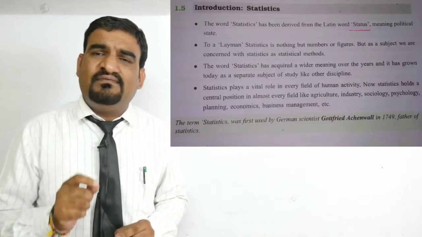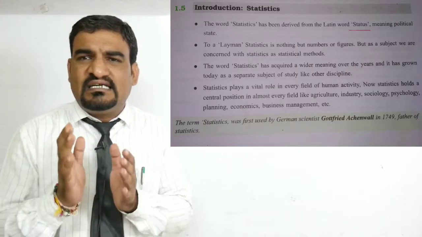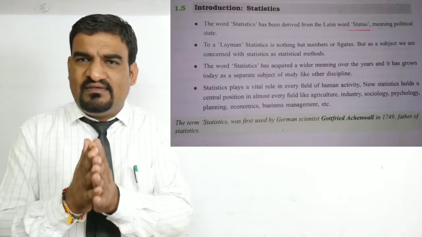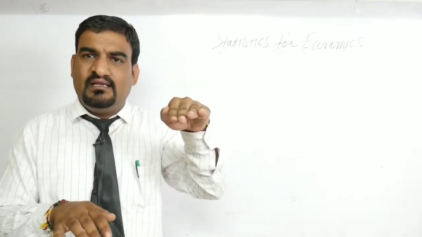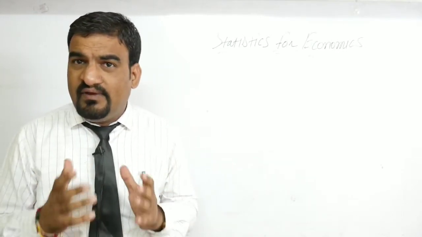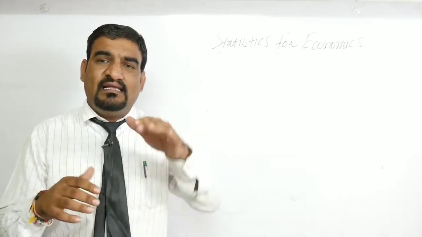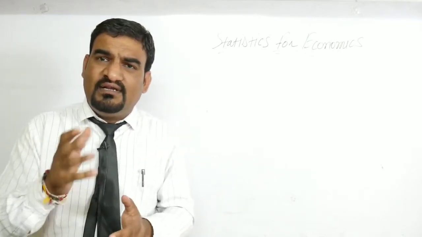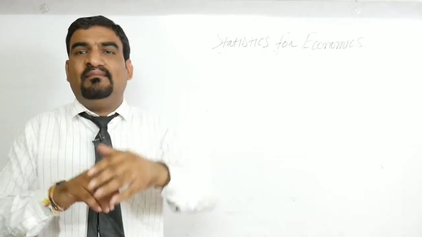The word statistics comes from the Latin word status. So it is very clear that statistics is something which shows the status of anything. For example, we say that the economy of USA is higher than the Indian economy. How can we say that? We can say that only because of data, because of the fact that the GDP of USA is 17 trillion and our GDP is around 2.3 trillion. So obviously it is showing a kind of status.